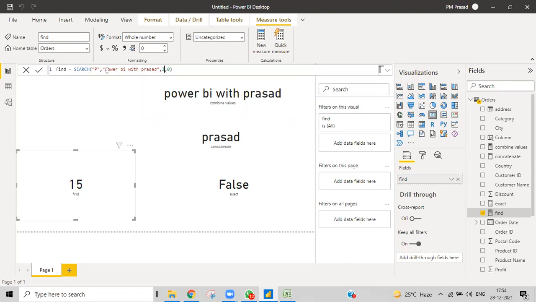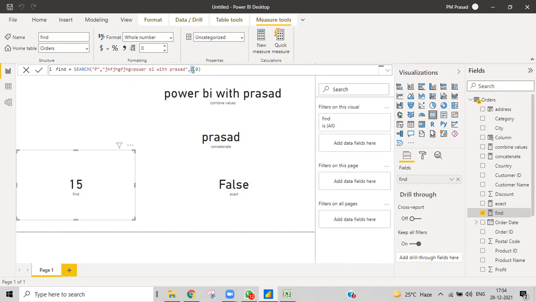I don't know where the first P is. Here I just know where the first P is, so I gave it to start with the second. Let us suppose that I don't know where the P is exactly. So I want to find out the second P wherever it is. I don't want this first P. I want to find the second P. So I don't want to hard code this. I want to find this P value dynamically.